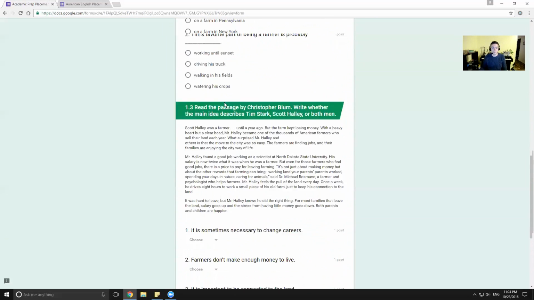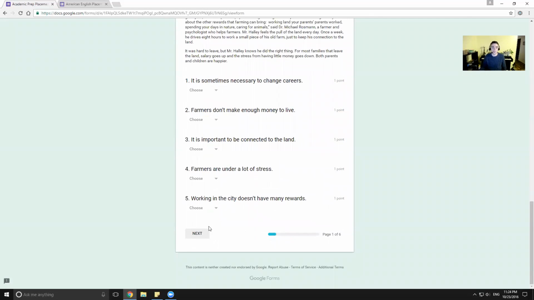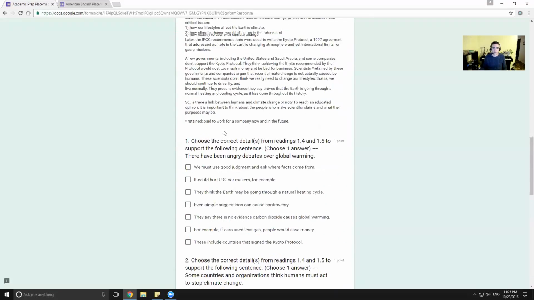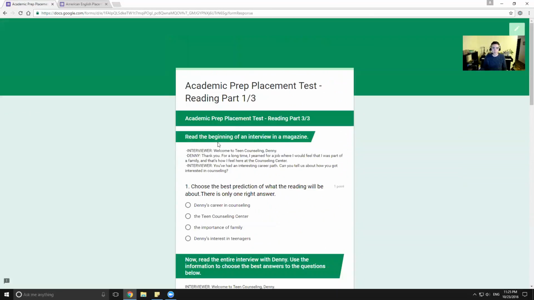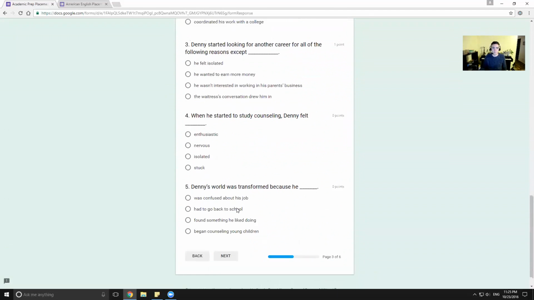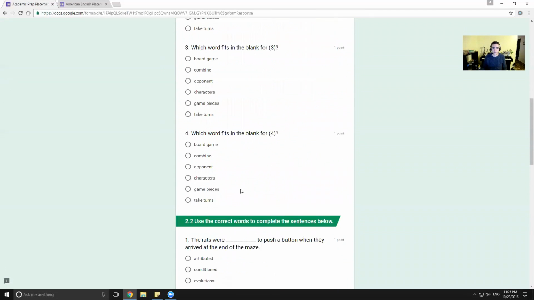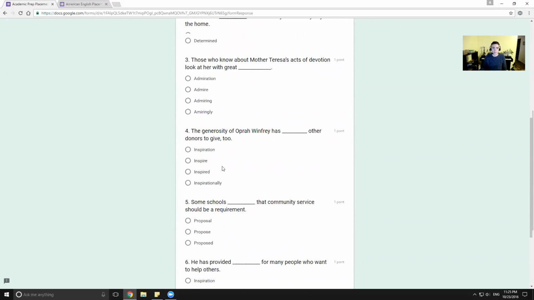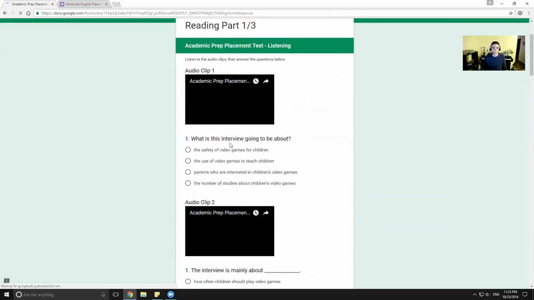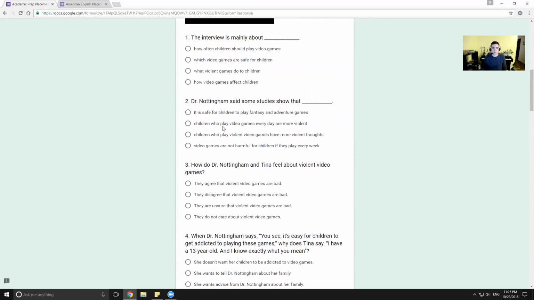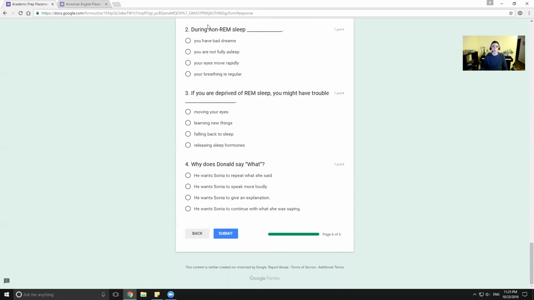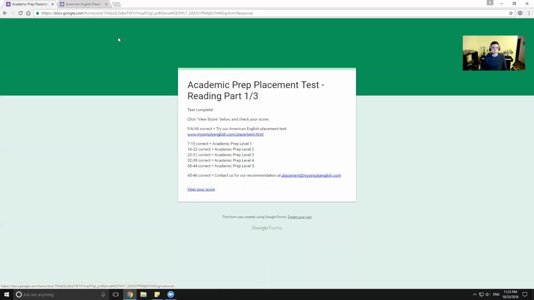In this case, we have many different sections. This is going to be a little more difficult than the previous placement test we were just looking at. But once you go through, there's mostly reading sections at the beginning. Some vocabulary and grammar questions here. And then towards the end, we have one listening section consisting of, I believe, 6 clips. Yes, 6 clips. Once you finish this test, just like before, you'll press submit. And here you can